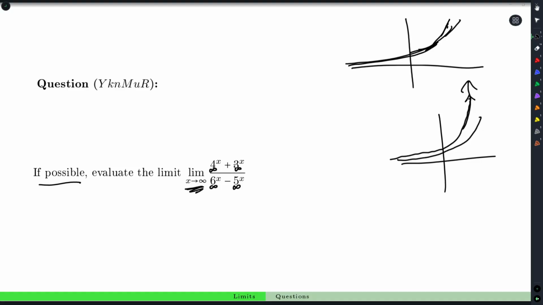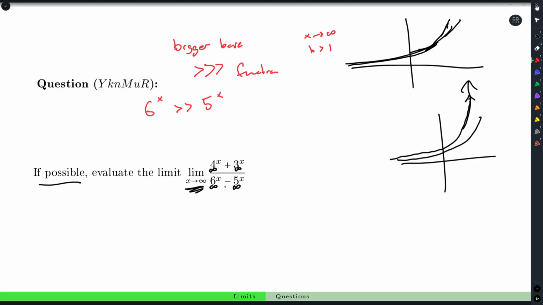The 5 to the x, and for that matter, the 3 to the x on top, won't really matter. What we have here with these pluses and minuses is we have sums of terms in the top and the bottom, but one of these terms is growing bigger than the others. One of these is more dominant than the others. When it comes to exponentials, if you're doing a limit, again, as x tends to infinity, and you're talking about bases bigger than 1, the bigger the base means you've got a much, much bigger function. So, 6 to the x is crazy big compared to 5 to the x in the long run,